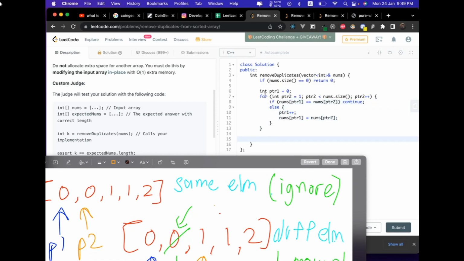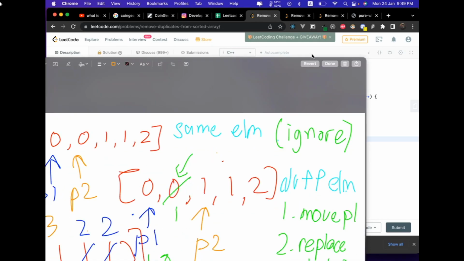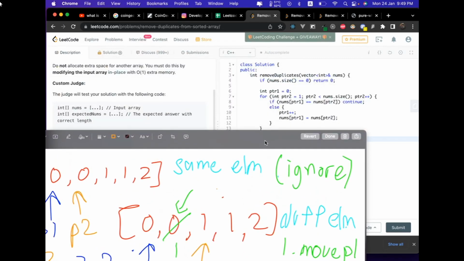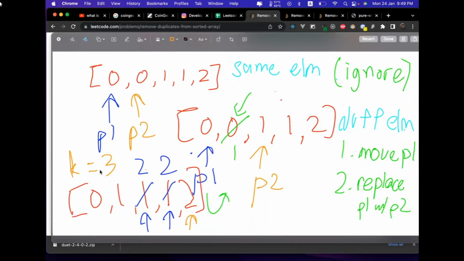And then lastly, you'll see that it expects us to return an integer, k, which is how many elements there are in the array. So we know that it's 3. In the end we have 0 1 2 2, but we only want the first 3 elements. So we just get k. But how do we know it's 3? If you look at the solution here, you will notice that the first pointer will end at